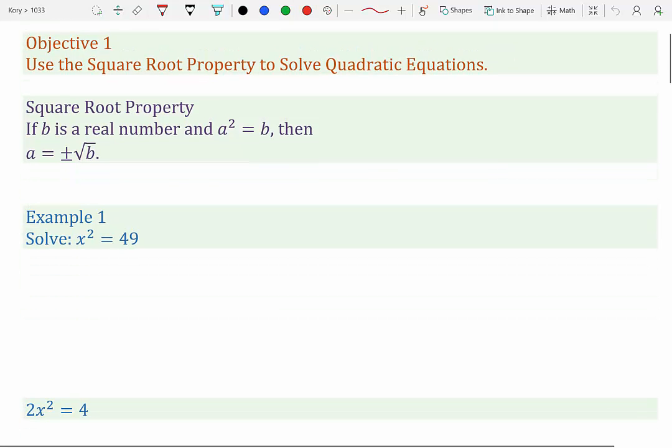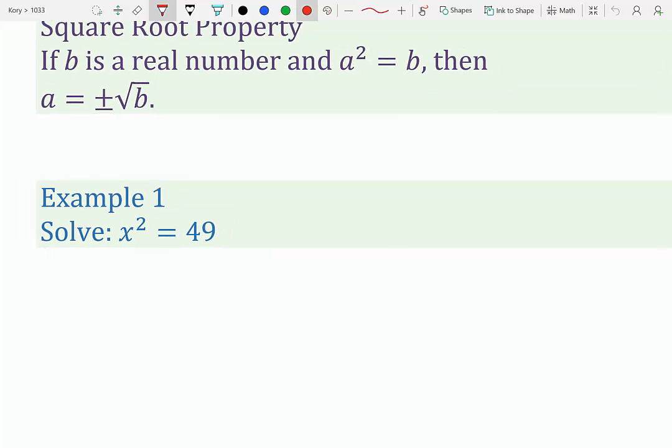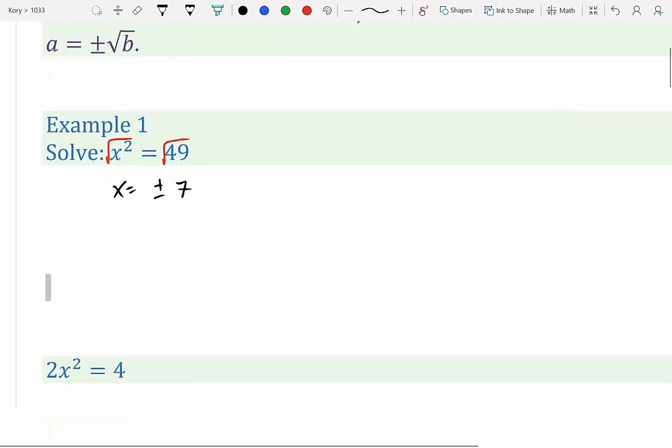So in order to solve this, we need to get x by itself, and to get x by itself, we do the opposite of the square, which is the square root. So now we have x equals positive negative 7. It's always positive negative. Alright,